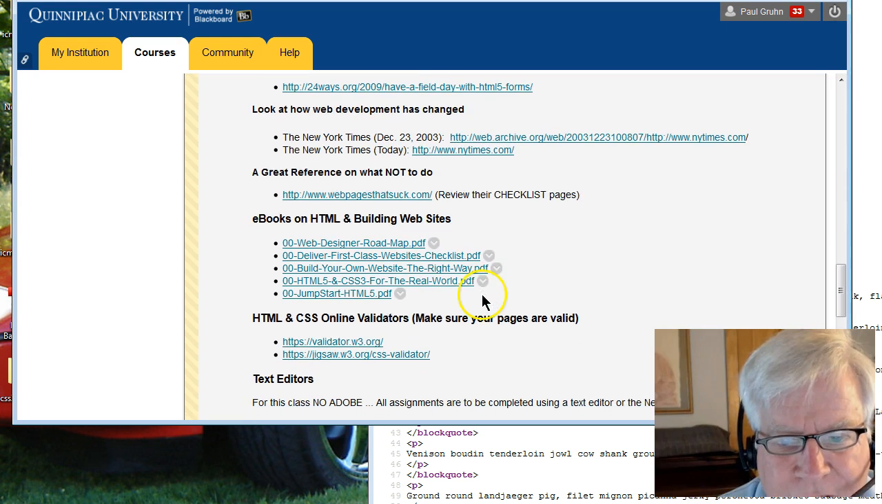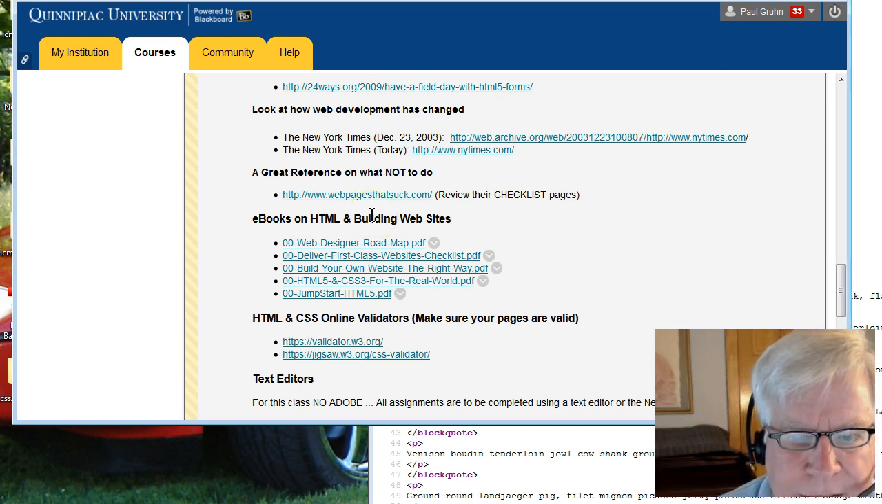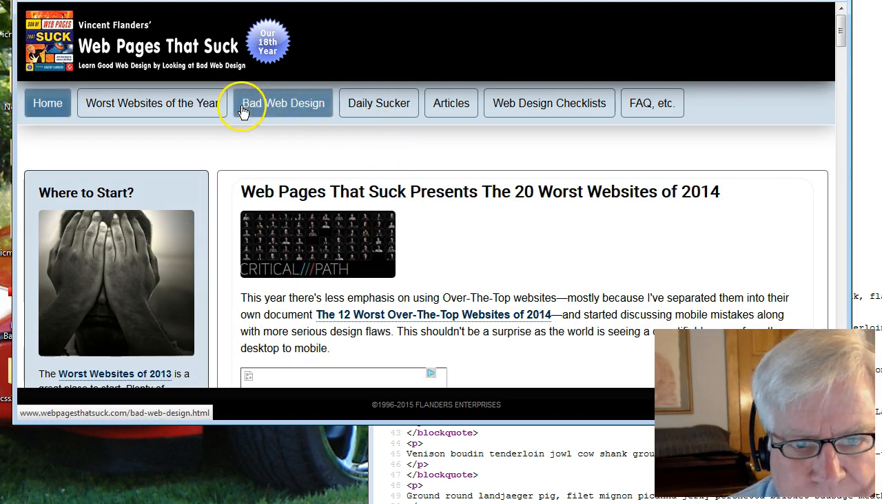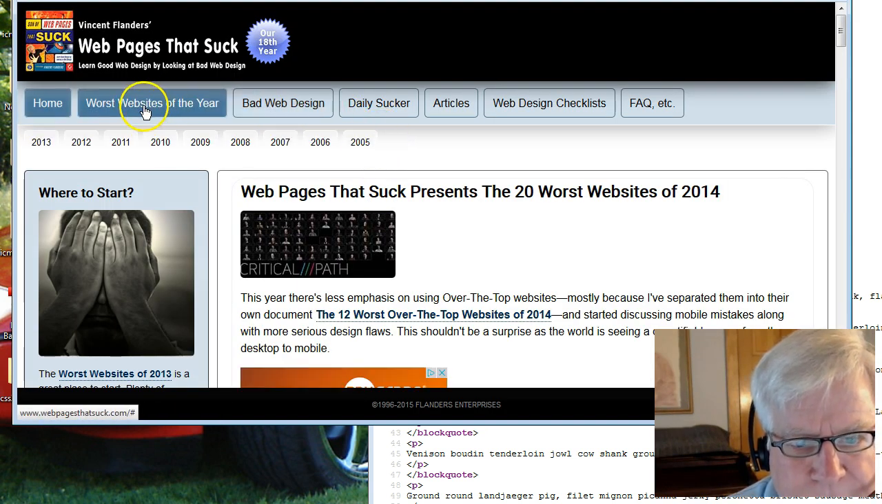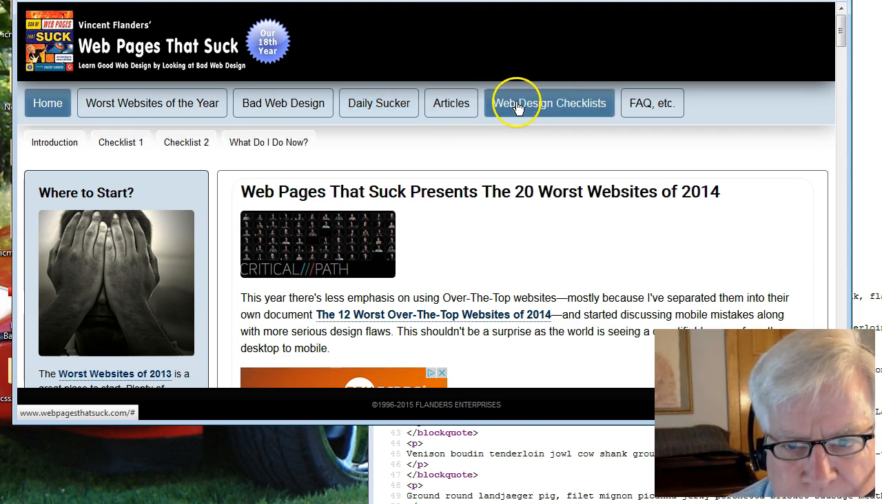It's really changed a lot. A book that I've used for tons of classes is a book called Web Pages That Suck, and that website's been around since 2000. That book's been here at the beginning of time. But they have a really good checklist, and you can take a look at some really bad examples, the Daily Sucker, excellent articles. But this section called Web Design Checklist,